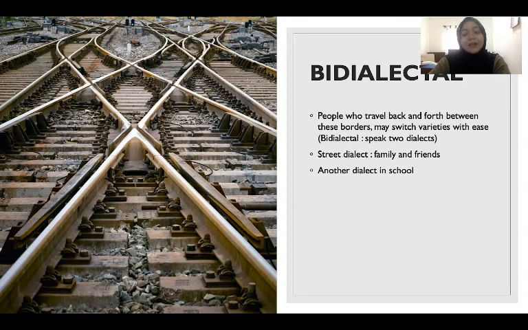If one person, like for example Amni, travels between Penang and Kedah at all times, she might switch between these two dialects unconsciously. Sometimes she can even confuse using Penang dialects in Kedah because it sounds similar,